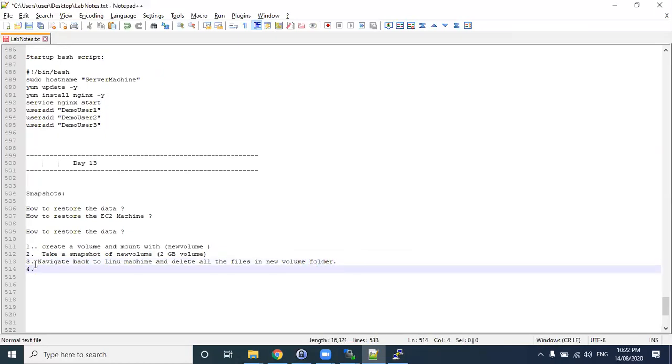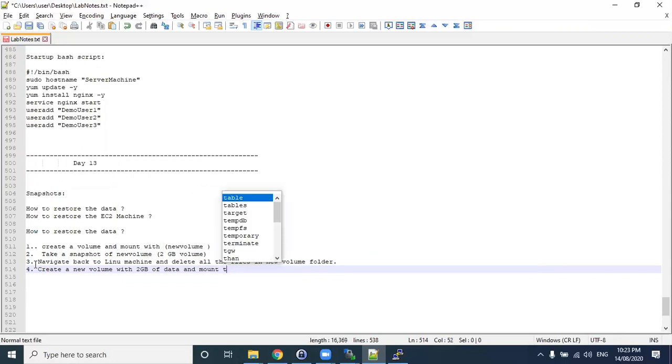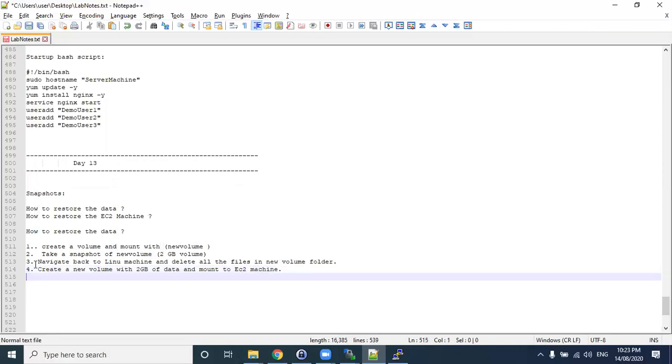Okay. Later, what you need to do is create again a new volume with the same 2GB of data and mount it to the EC2 machine. While creating this volume, you need to attach the snapshot. Okay. So these are the steps which we are going to do now.